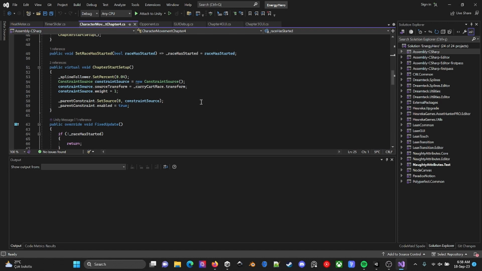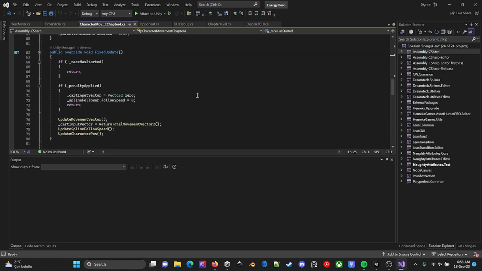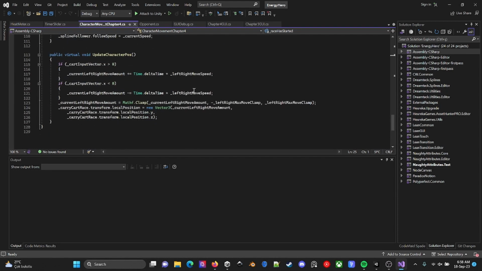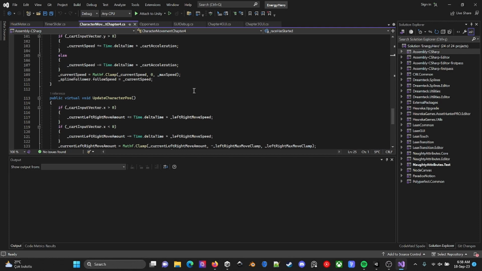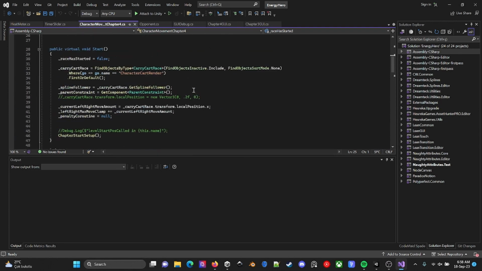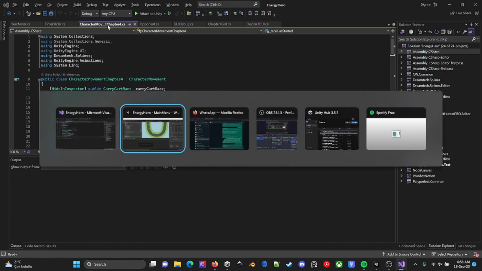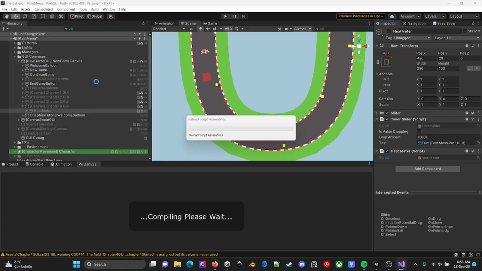These character movements should be responsible for this physics interaction. However, I do not see any physics interactions inside my chapter 4 character movements script.